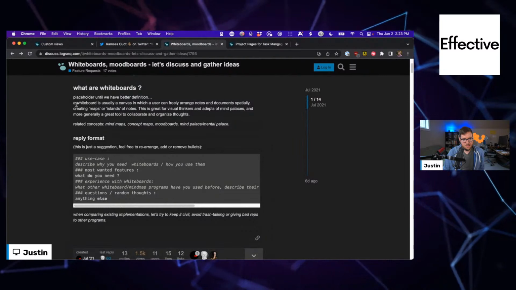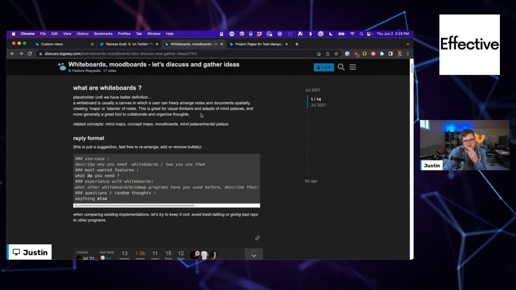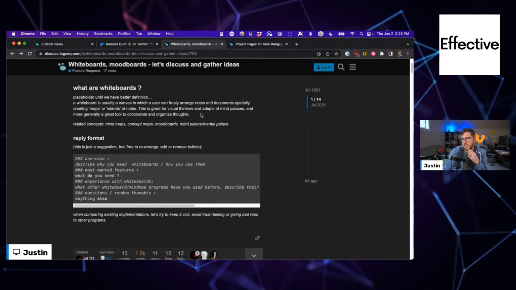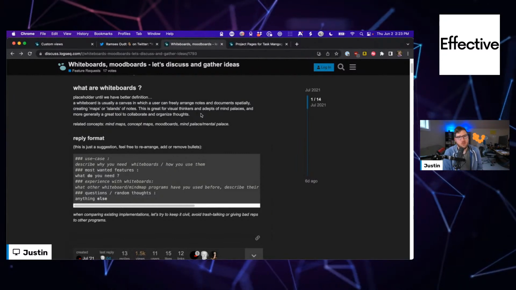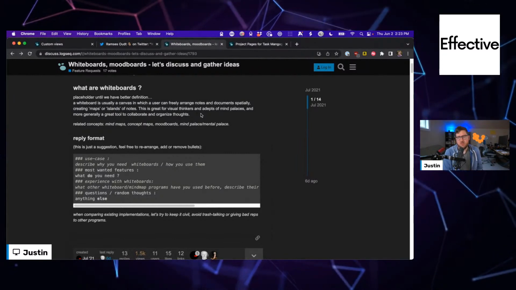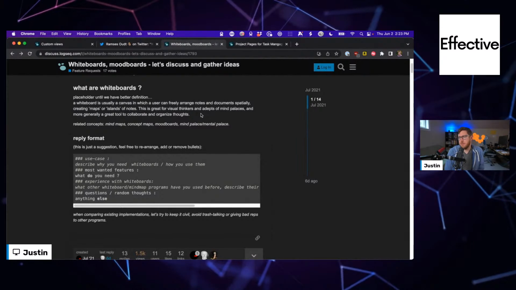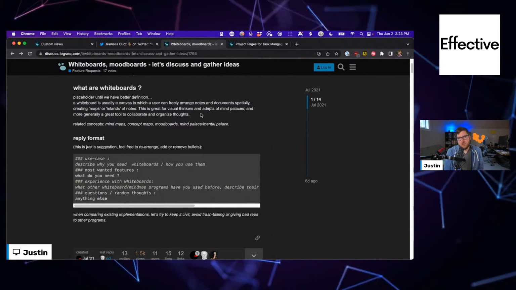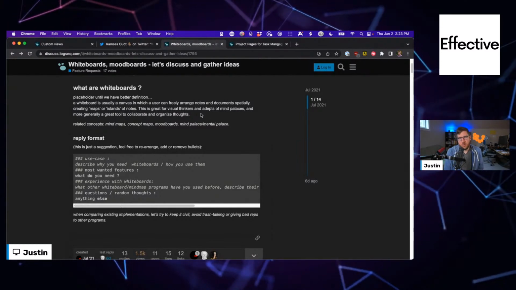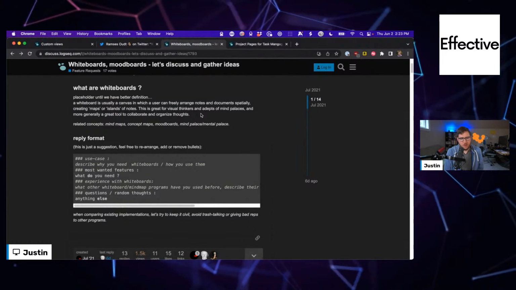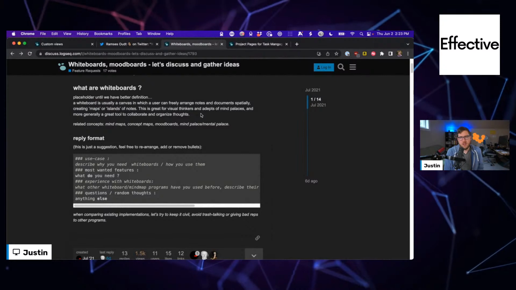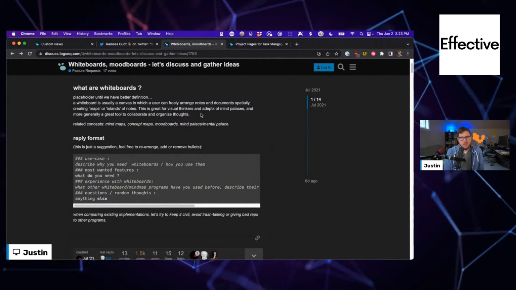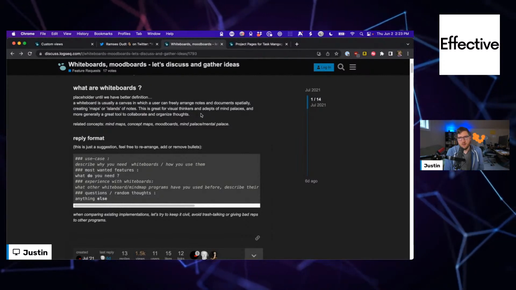I don't know. I think this is where restraint is going to be really powerful for a lot of PKM apps. Being able to say no to certain popular feature requests that don't line up with a vision for a software or even the format of a software, I think is what's going to cause apps to stand out.